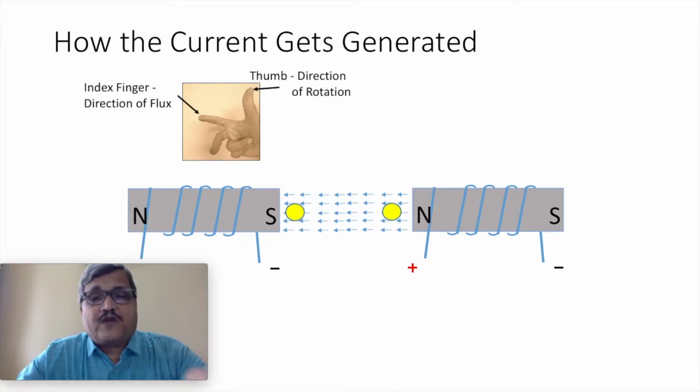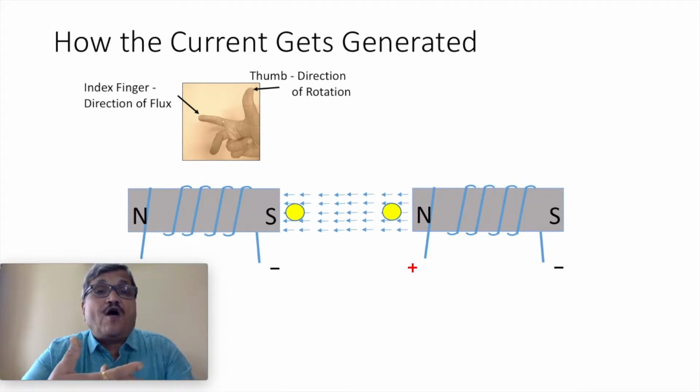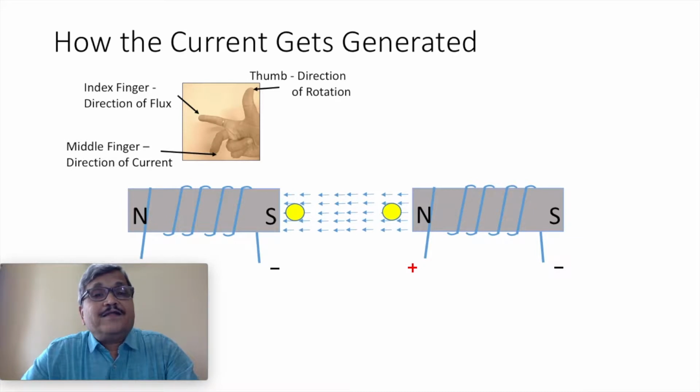The direction of rotation, we can decide clockwise or anti-clockwise, or we can also decide whether the North Pole will be on left side or right side. That is our decision. But then what happens is not our decision. It is governed by a rule, by a law. And that law says that the middle finger will indicate the direction of current. So in this particular case, when the direction of rotation is upward and the direction of magnetic flux is from right to left, the middle finger shows the direction of current, that it is coming out.